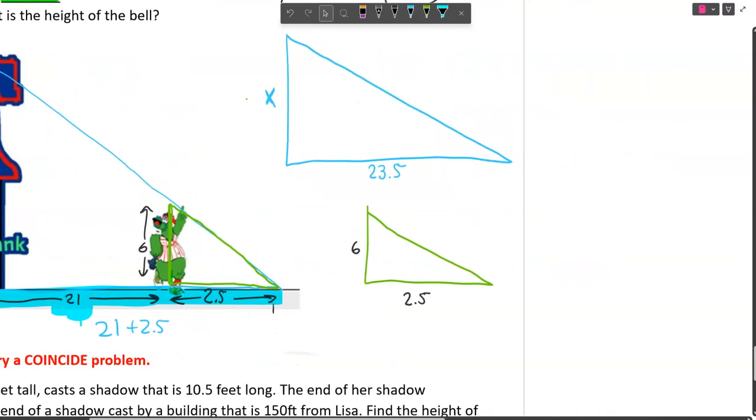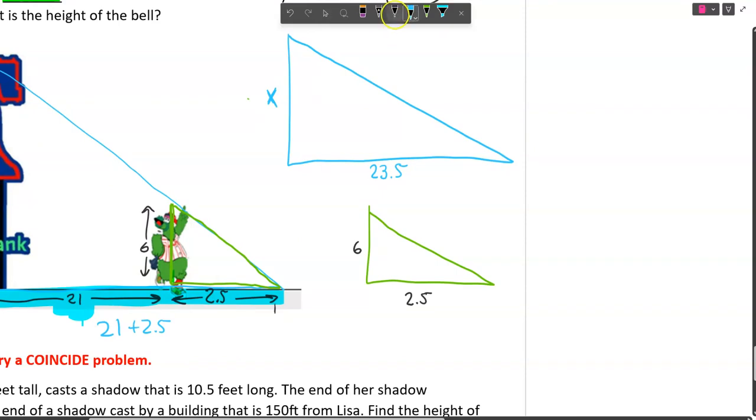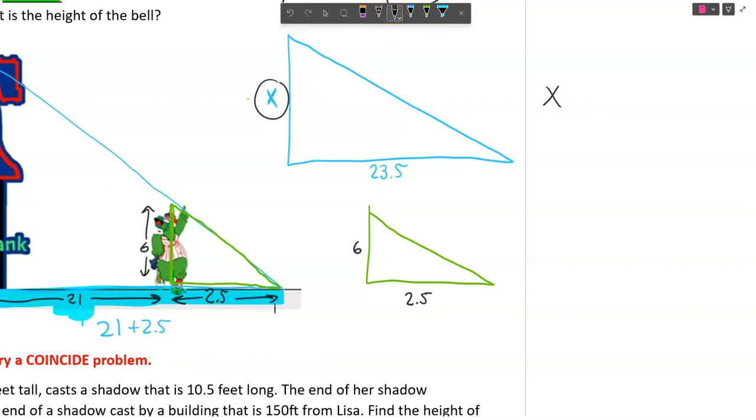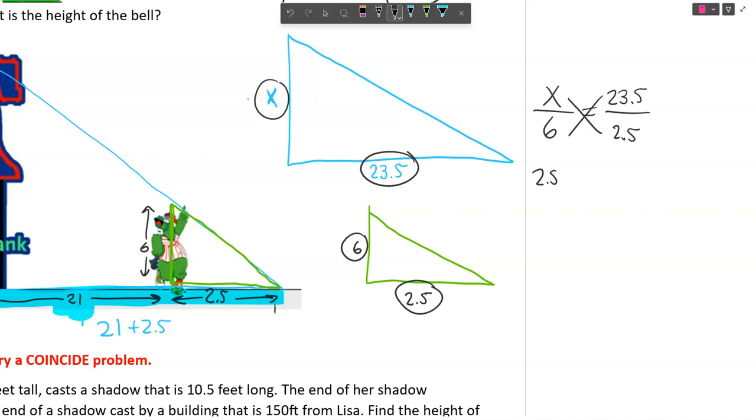Once you get through that challenge, the setup now for our proportions should be much easier. The height of the bell is x, the height of the fanatic is 6. The shadow of the bell is 23.5, the shadow of the fanatic is 2.5. We now are just going to cross multiply and do the math to get our final answer. So that's going to be 141 divided by 2.5. And so the bell at Citizens Bank Park is approximately 56.4 feet. So the height of the bell, let's write that over here in our final answer, is equal to